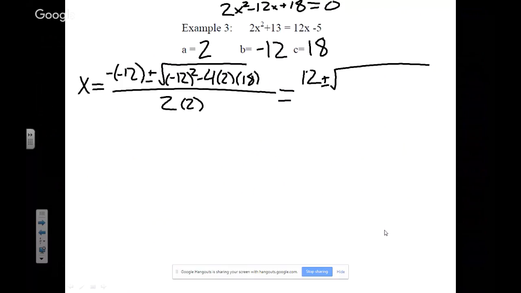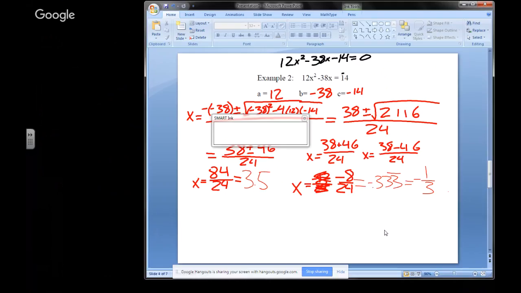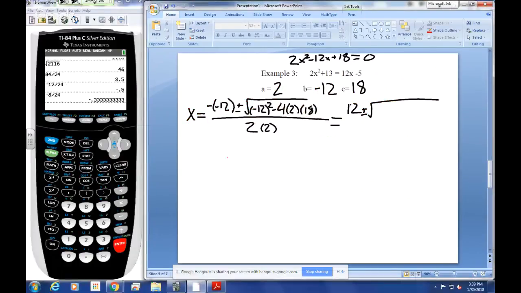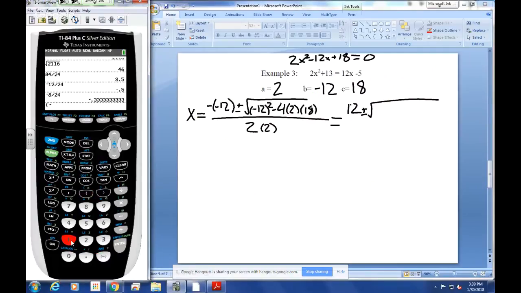So we're going back to the calculator, and we're just going to look at negative 12 squared minus 4 times 2 times 18. We're going to see what we get. And that's